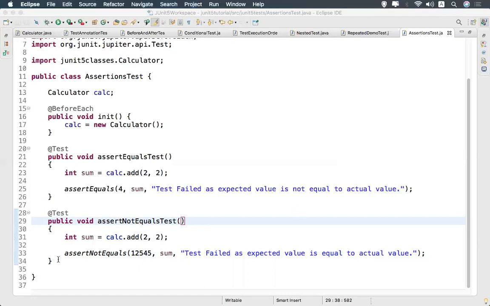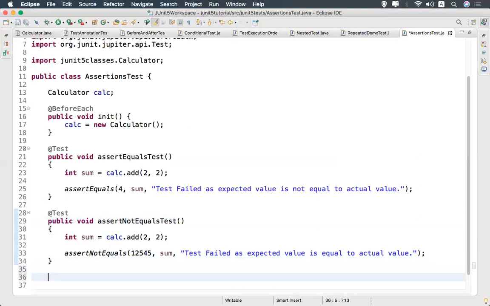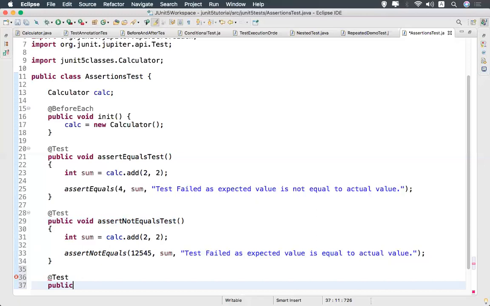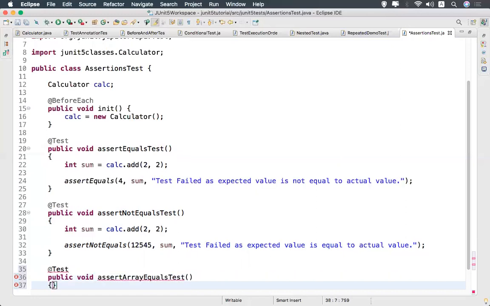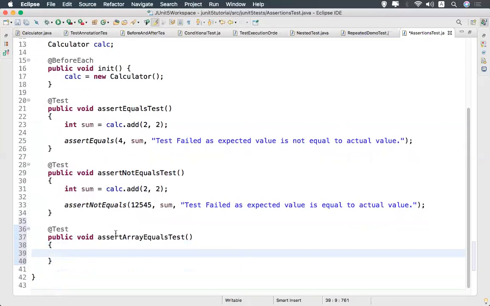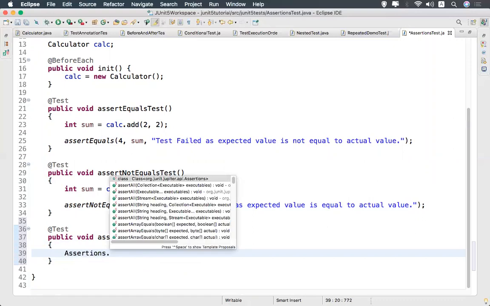Okay. Not only a single value, you can assert multiple, meaning arrays also. Okay. Public void assert array equals test. Now we'll take Assertions dot assert array equals.